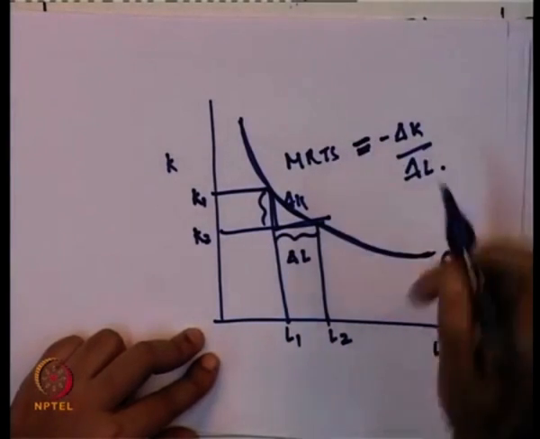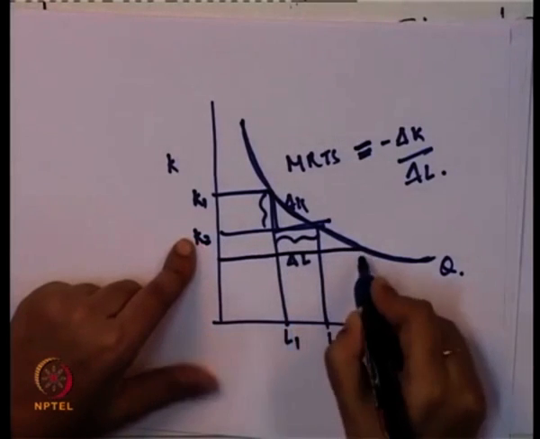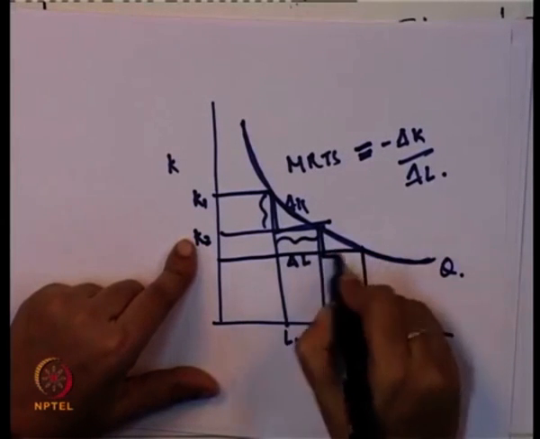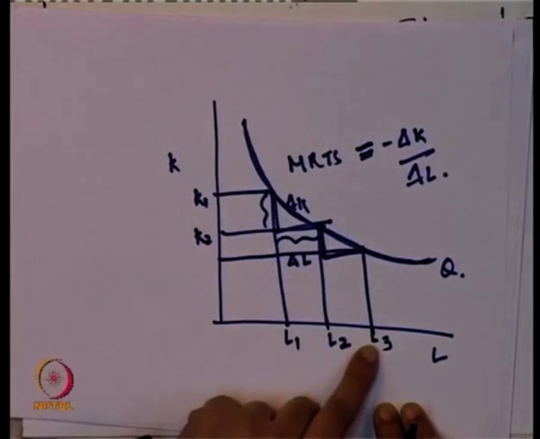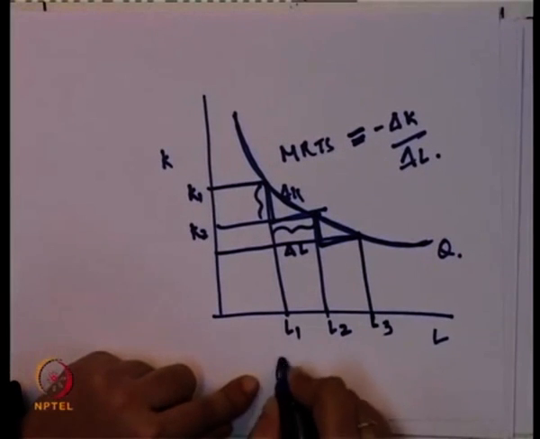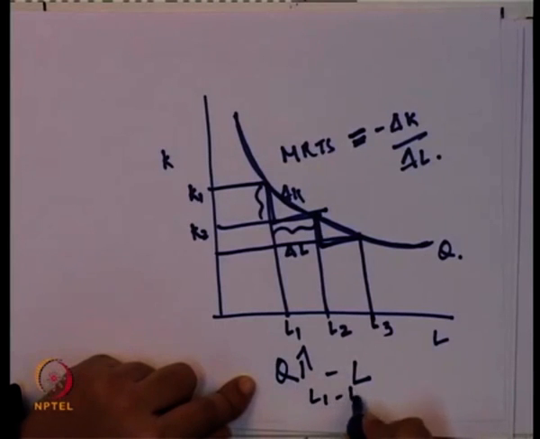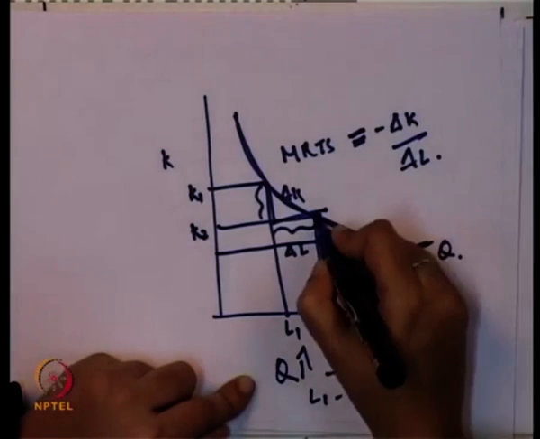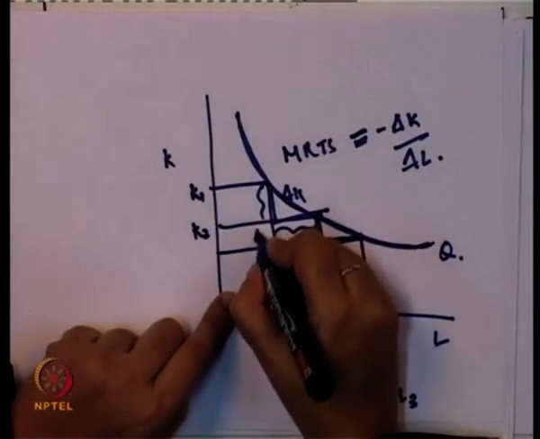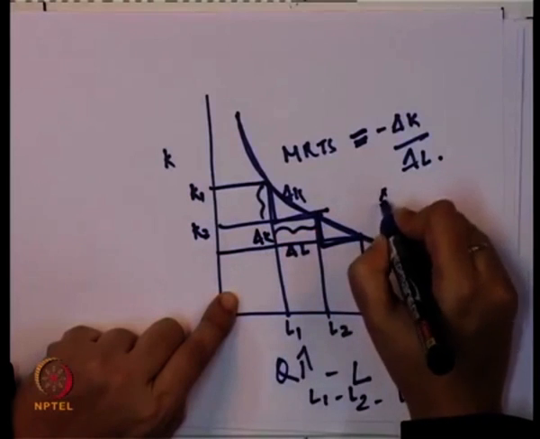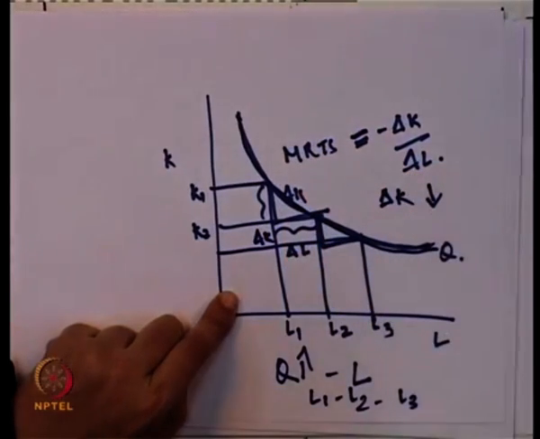So, marginal rate of technical substitution is the slope of the isoquant, and the slope goes on decreasing as you produce more by increasing one of the inputs. If you are increasing the quantity just by changing L, initially from L1 to L2 and again from L2 to L3, the amount the producer is ready to sacrifice to increase L goes on decreasing. So, the change in K goes on decreasing.